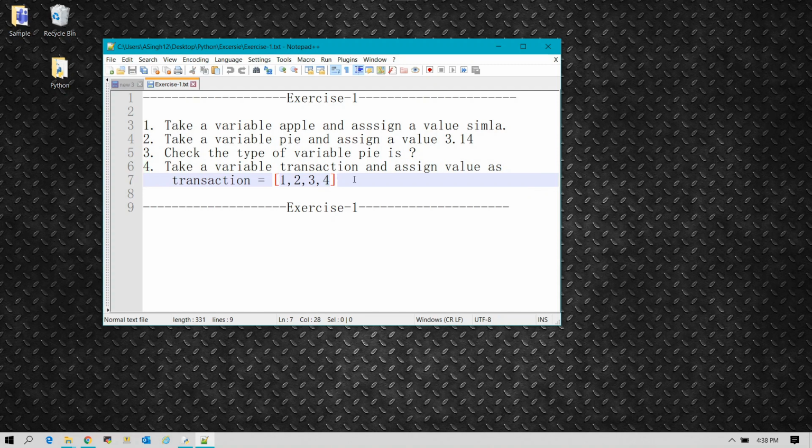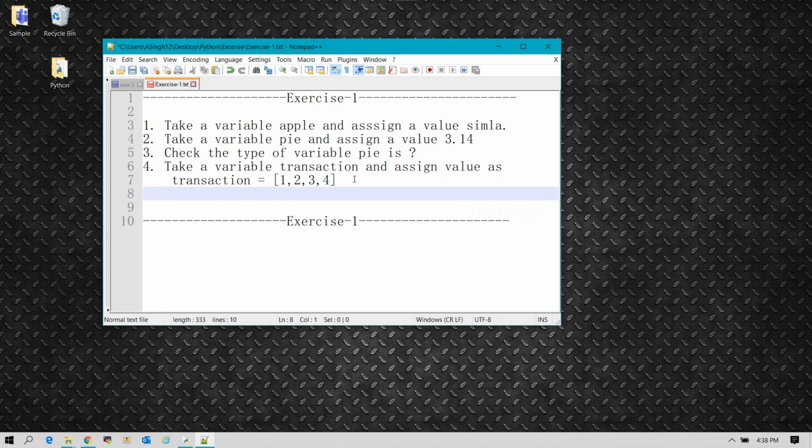There is one more thing: let's add one more thing and check the type of the variable transaction. I would highly encourage you to try out the exercise for yourself, as it will help you to quickly get familiar with the language in a very fun manner.